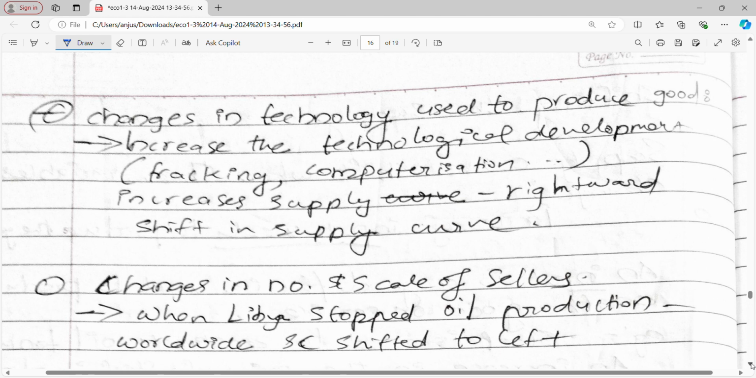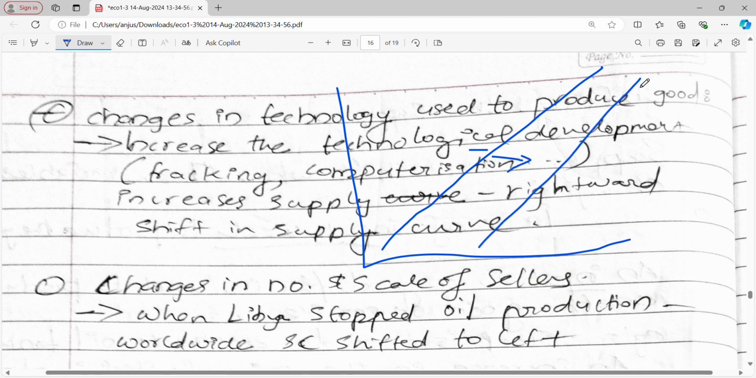Okay, so if their production cost is decreased, imagine, this is the supply curve for oil. The production cost of oil decreased because of technological development. Because of technological development, the production cost of oil decreased. So the supply curve will shift to the right,